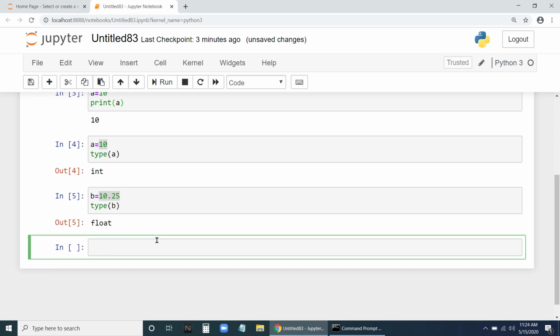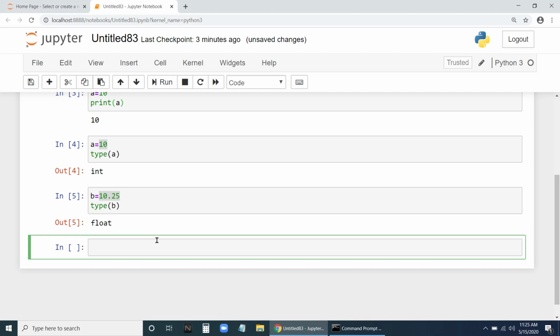Now we are going to see only the basic data types. We are not going to see the entire data types. That's not required now. When it is required, I will let you know. The next one available is the Boolean data type.